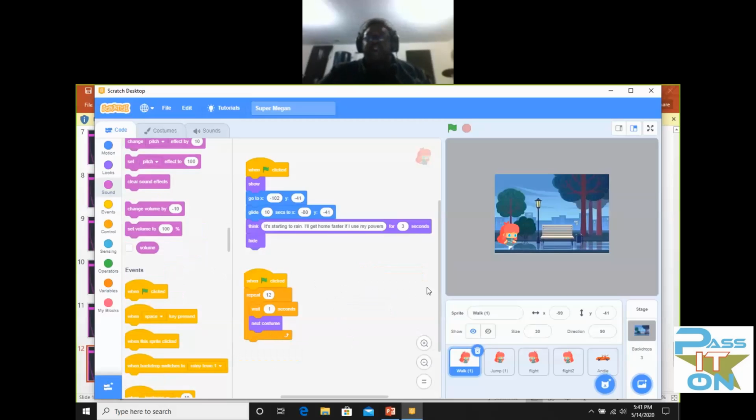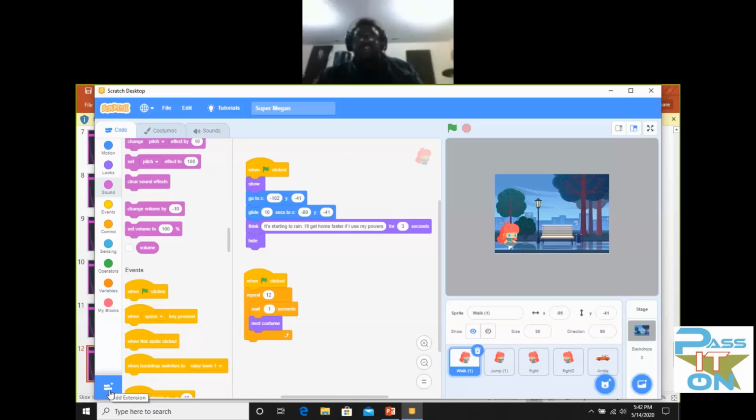Can you make your own sprites? Yes, you can. It takes a lot of time, so for the purpose of the class and what we're doing, to give you a general idea of the functions of Scratch, we like to use either the stock characters already in the program, or you can go on to Google